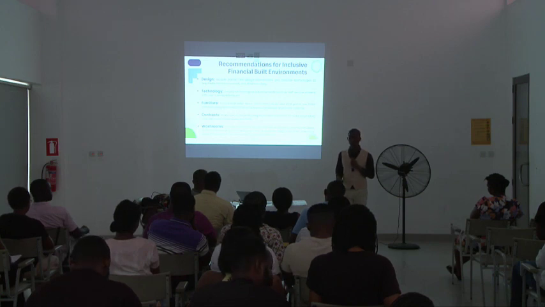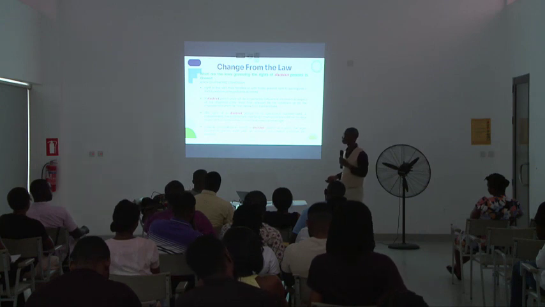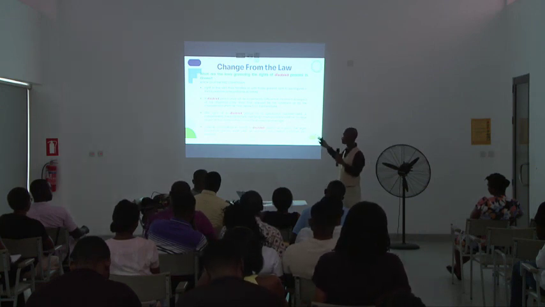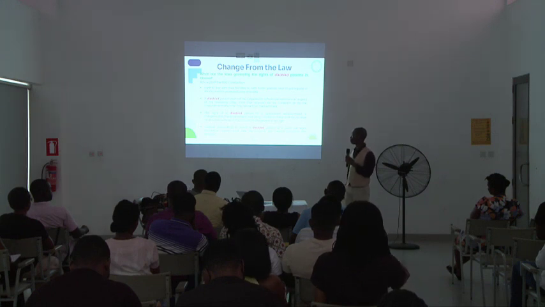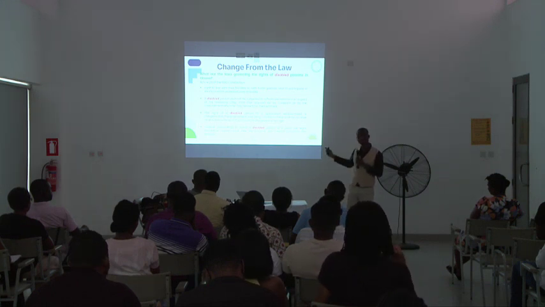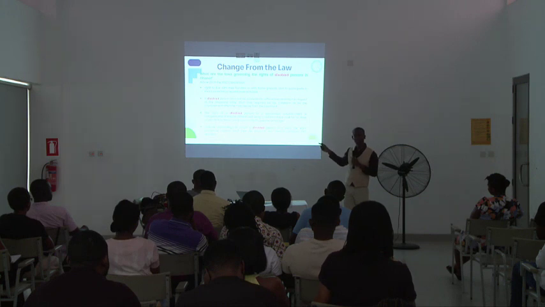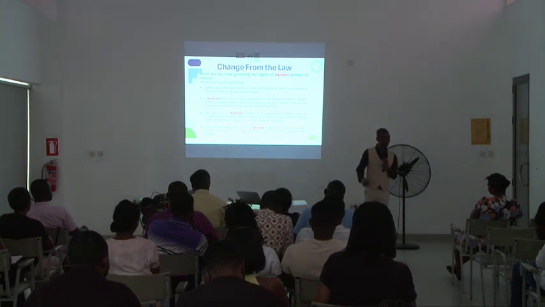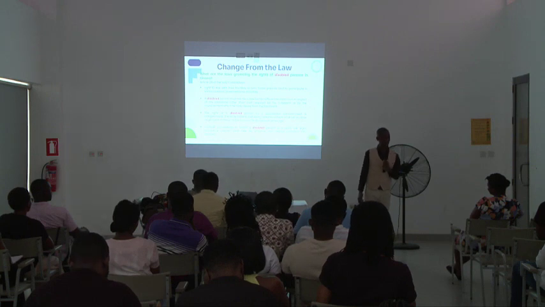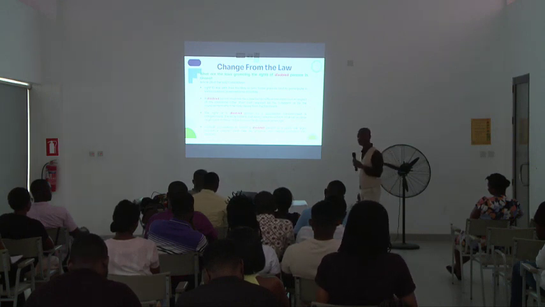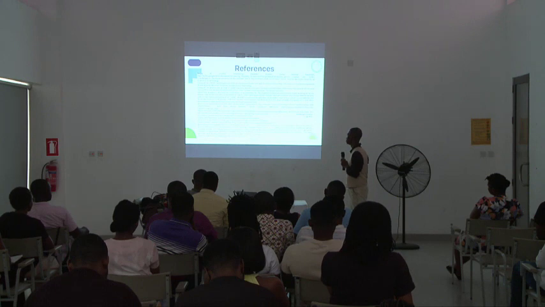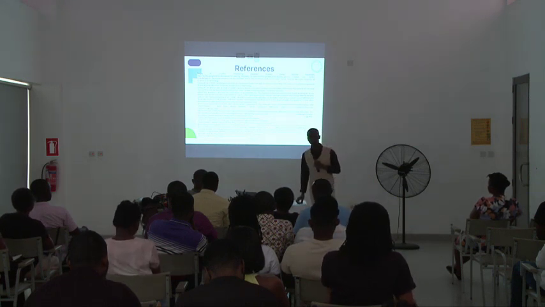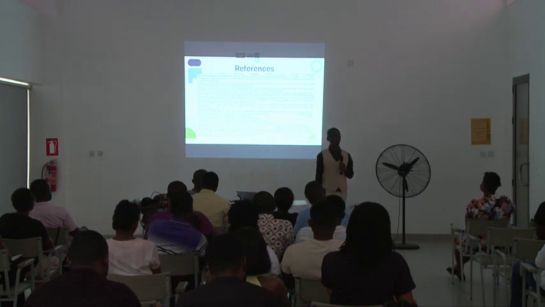so that in case your client catches you unawares and wants to ask you a particular question, you are ready. The next thing is the diction. You see all the red, we need to change this. The law always uses "disabled person", but it should be persons with disability, a person with disability. And even in Ghana, even albinos are considered persons with disability. So thank you very much, and I need questions.